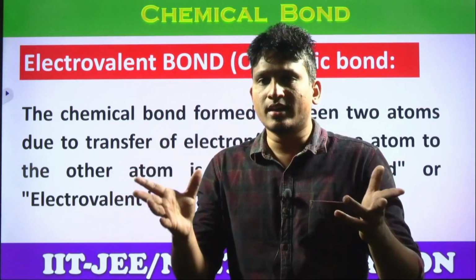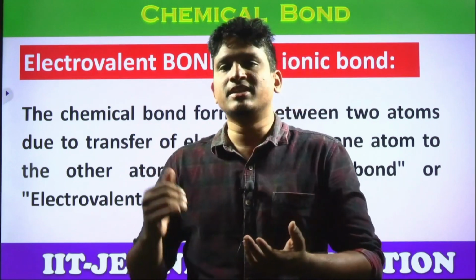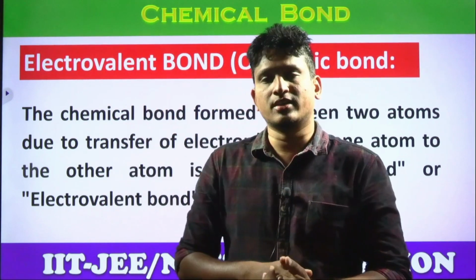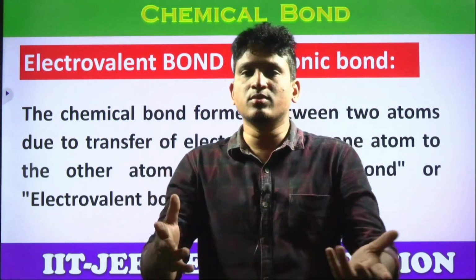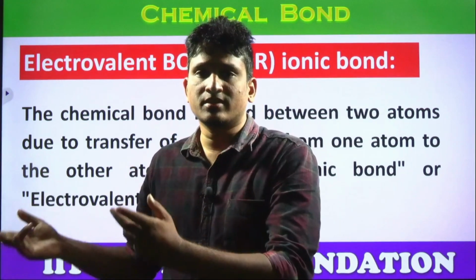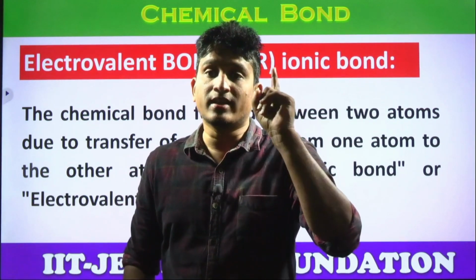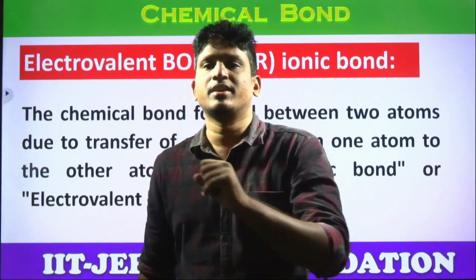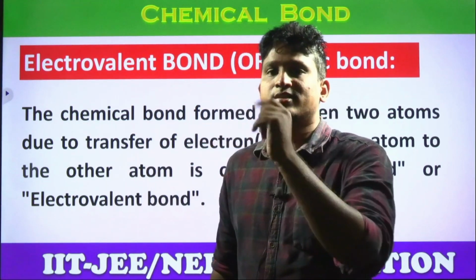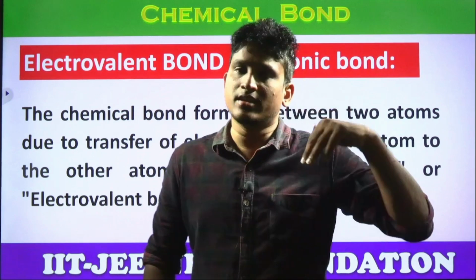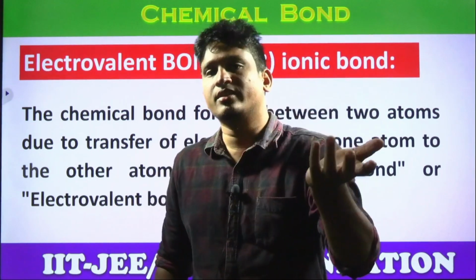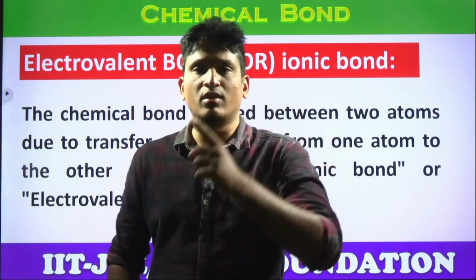So how can they get it? Some elements lose electrons, some elements gain electrons, some elements share electrons. How can you identify which elements lose, which gain and which share? It depends upon the electronic configuration of that element. Yes or no? That decides the valency of that element. What is the valency? Whether the element should lose or gain or share. That depends upon the electronic configuration of the element.